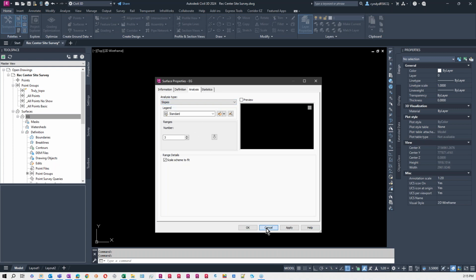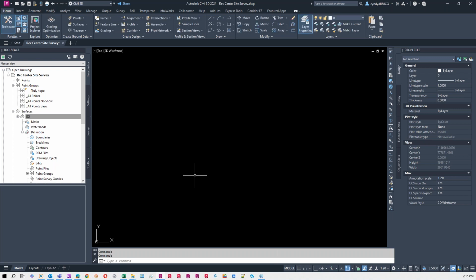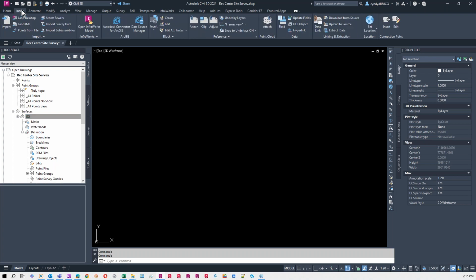All right, so now I'm going to go ahead and import my point data. So let's go up to the Insert tab. That's where we do it. We have two options when we're importing point data. It can be points from files. Typically, this is going to be a coordinate file like PENZD, PNEZD, that type of thing. Depending on how